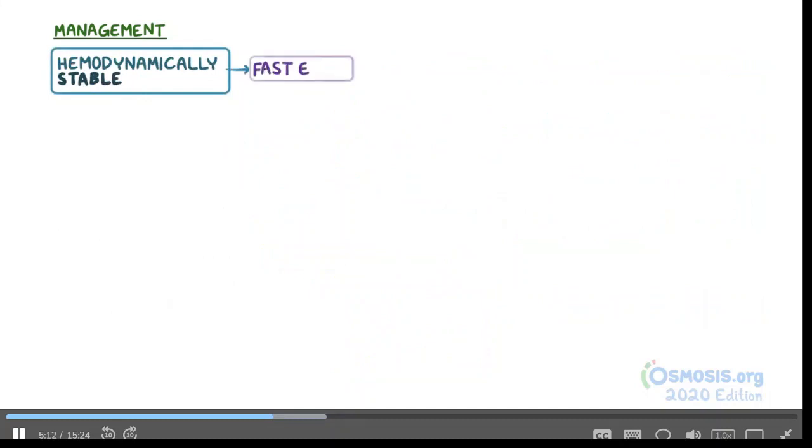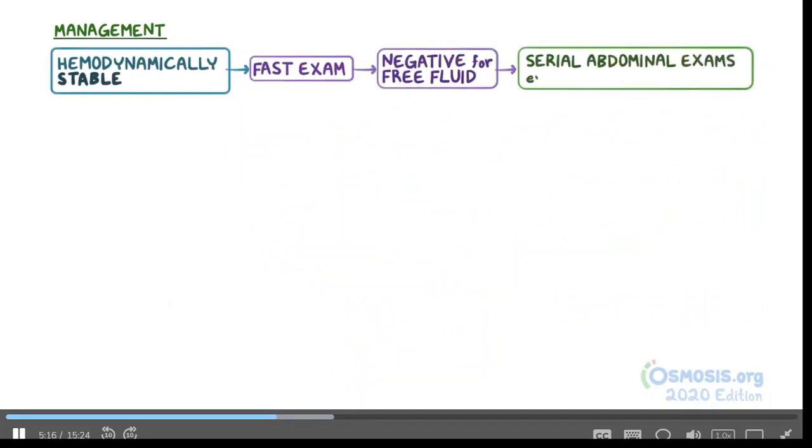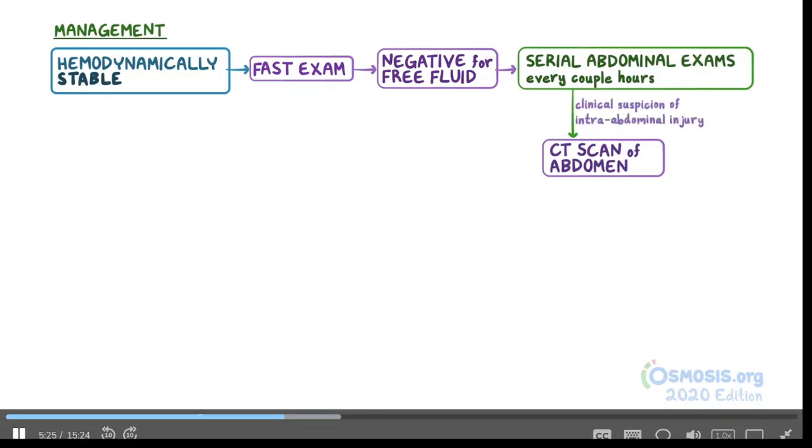Now, if the individual is hemodynamically stable and their FAST exam is negative for free fluid, then serial abdominal exams are performed every couple of hours. Some individuals are sent for a CT scan of the abdomen, depending on the clinical suspicion of intra-abdominal injury. On the other hand, if the FAST exam shows free fluid, then the next step is definitely a CT scan